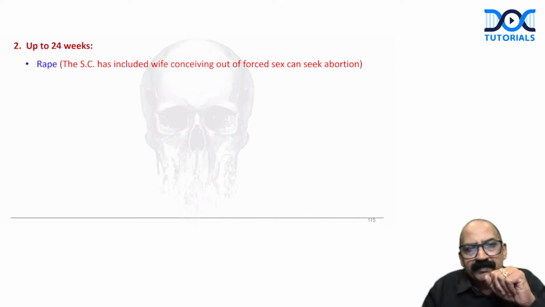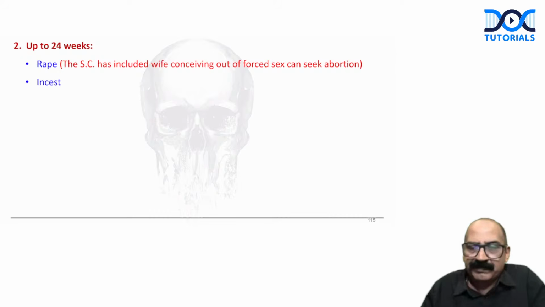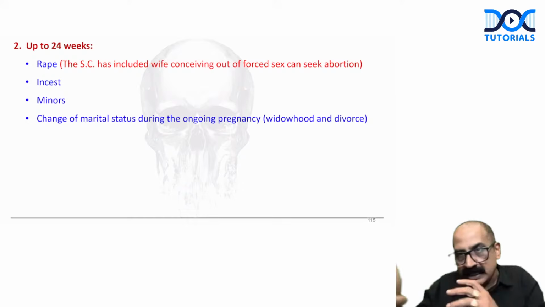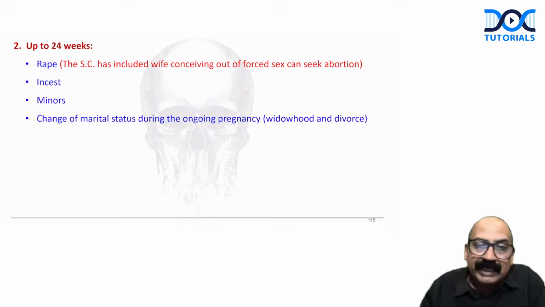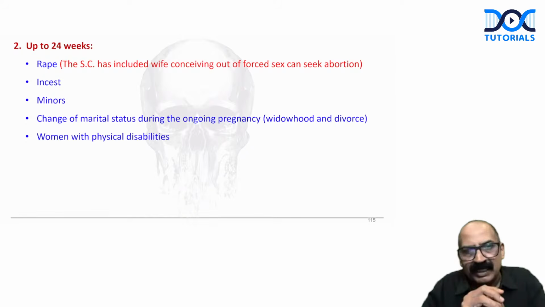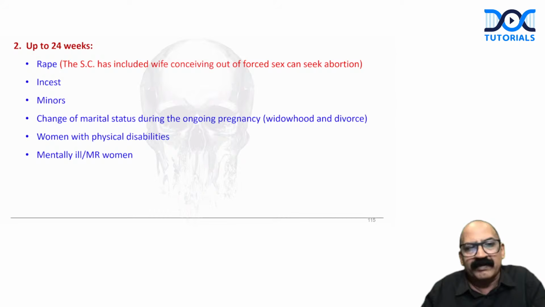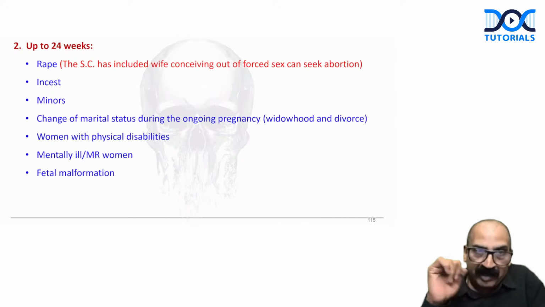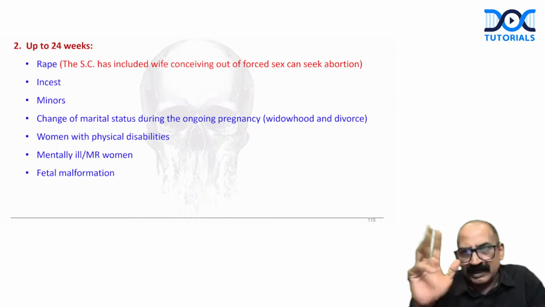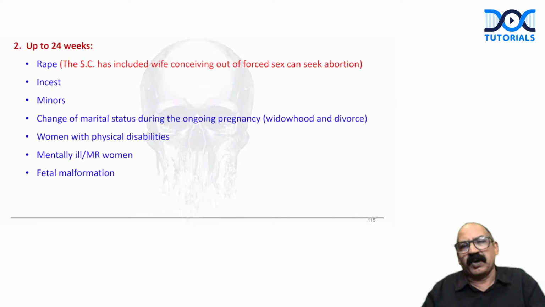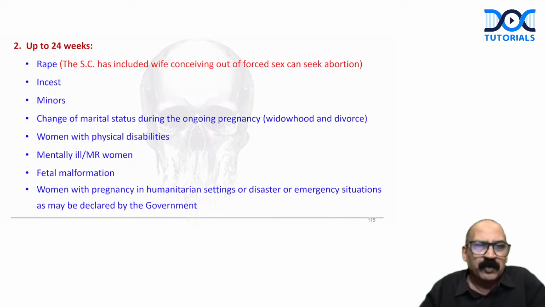Number two, pregnancy due to incestual relationship. Number three, case of minors less than 18 years of age. Number four, in case of change in marital status, maybe by divorce or due to the death of the husband if she becomes a widow. Number five, in case of physical disability. Number six, in case of mentally ill or mentally retarded woman. Number seven, in case of fetal malformation. Number eight, in case of famine, drought, or war, where the government has announced the particular area as a humanitarian district because of